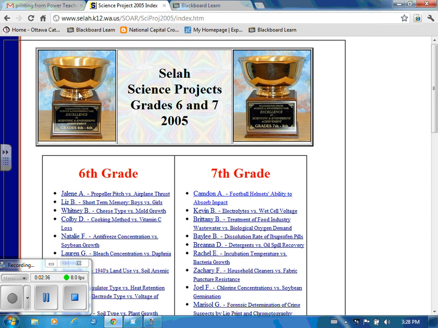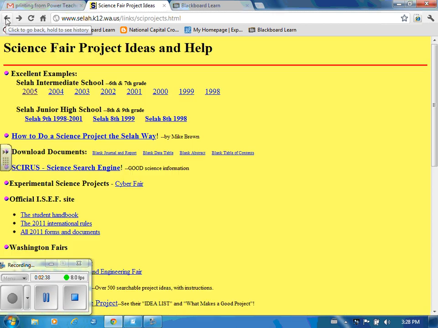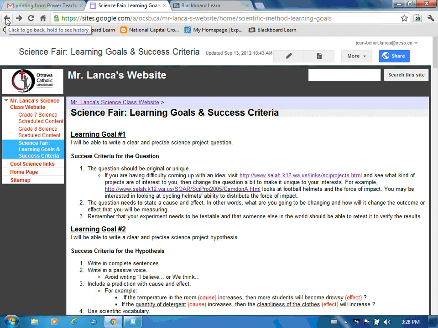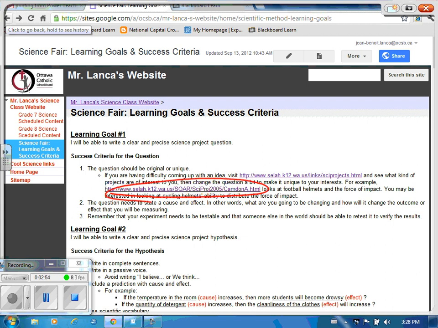You might actually find that there's something that interests you that you can change a bit, make it unique to yourself. So if we take, for example, a project by Camden, okay? This project looks at football helmets and how they absorb the force of impact.